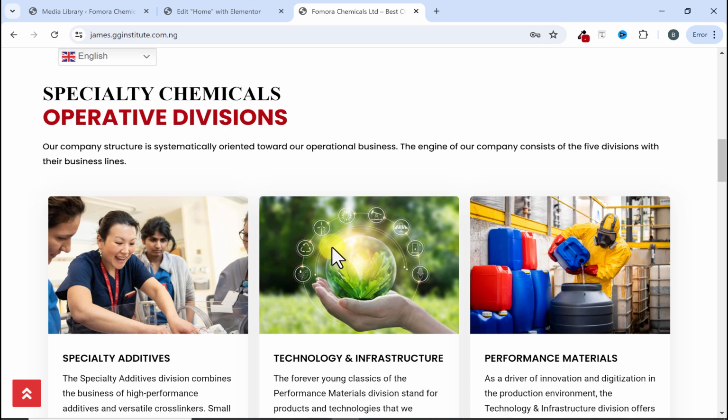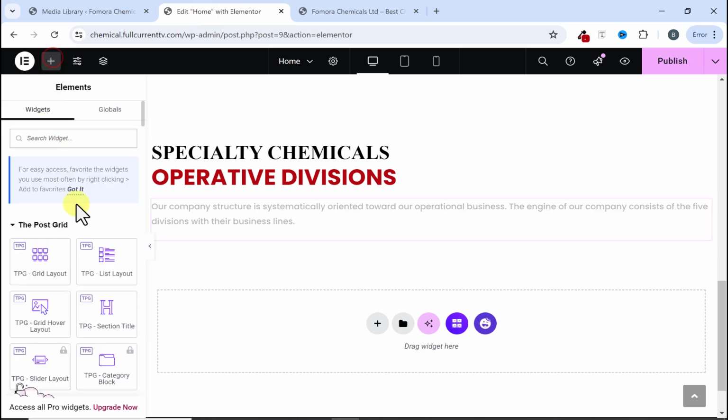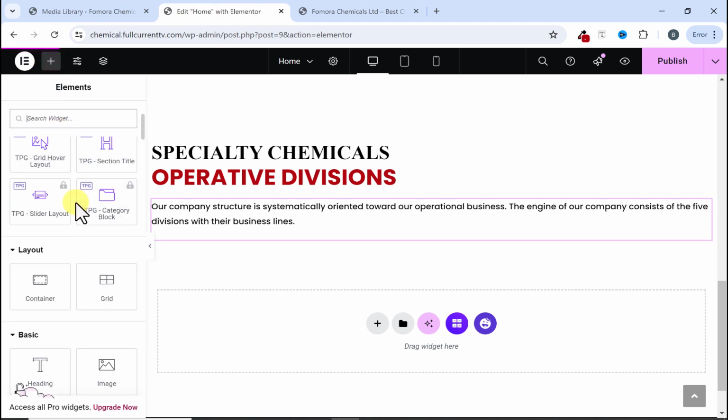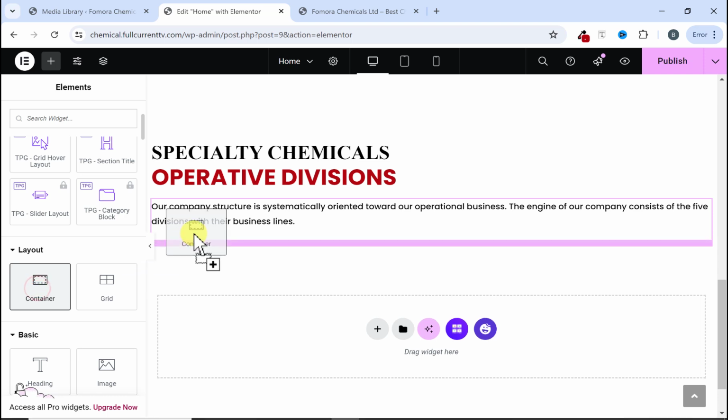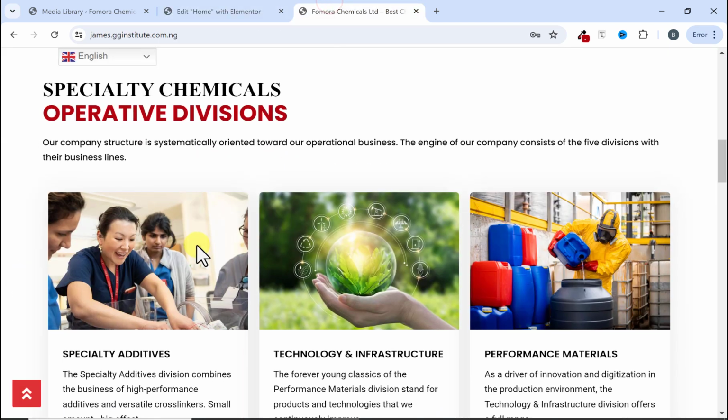All right, so we are changing the direction from vertical to horizontal, so we need to add a container and change the direction. And to do that, I'll come back to my Elementor, I'll click on the plus, I'll scroll down, I'll drag the container here, and when I do, I need to change the direction to face right. Then to add these cards, I need to add